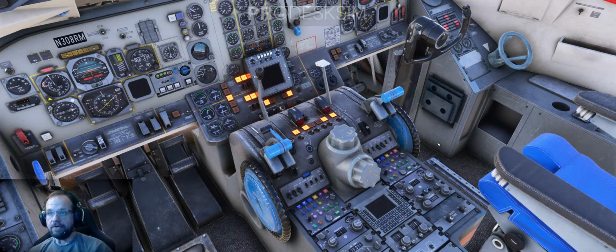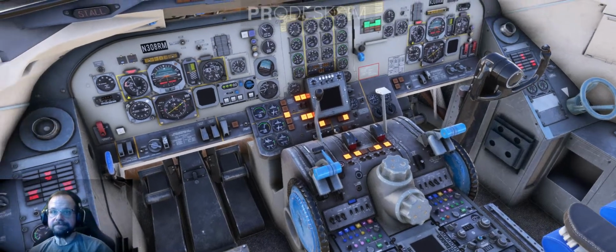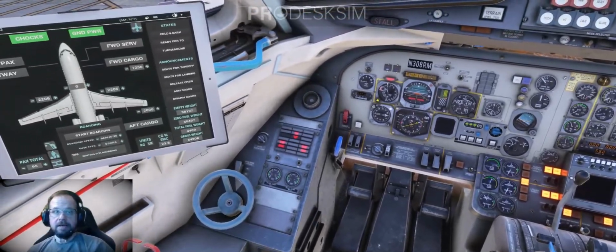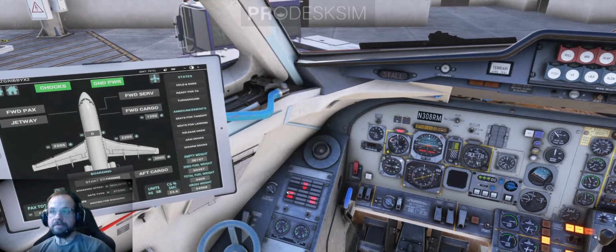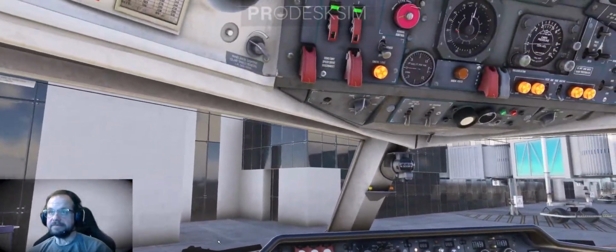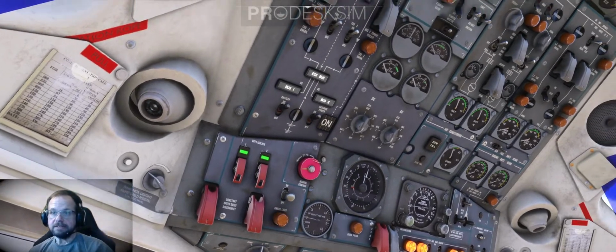Got about an hour 15 in the air, an hour 40 block time, and we are on Vatsim. Although there doesn't seem to be any ATC on now, but that's okay. All right, so let's